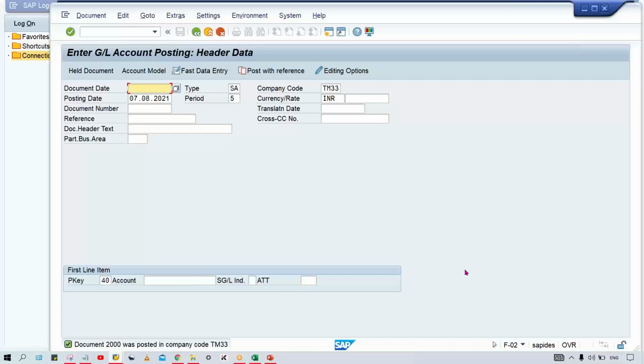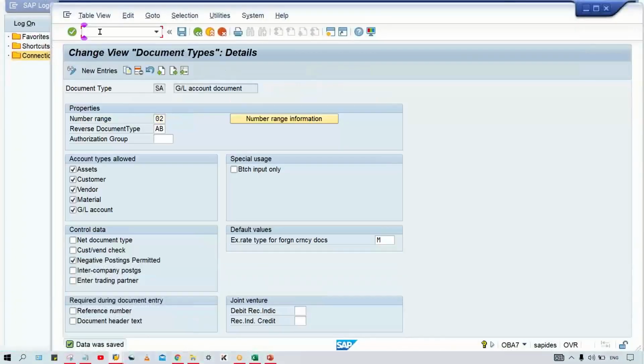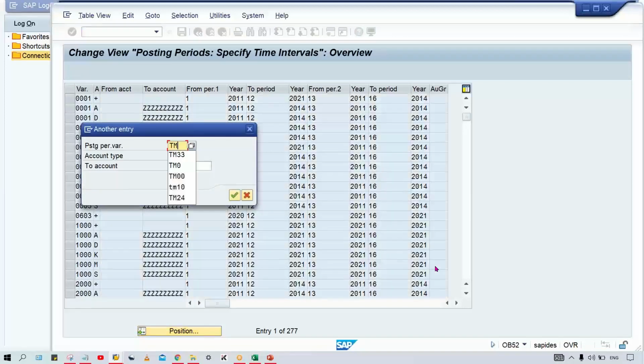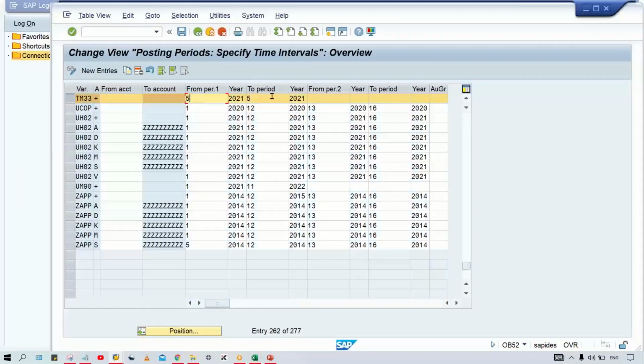There is another thing. Every time I am posting a transaction, look at here, posting period 5 is taken by the system. How is it getting allowed, guys? It is getting allowed because we have OB52, right? In OB52, we have opened the posting period 5 to 5,